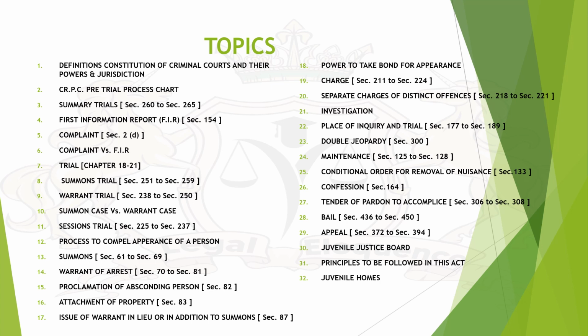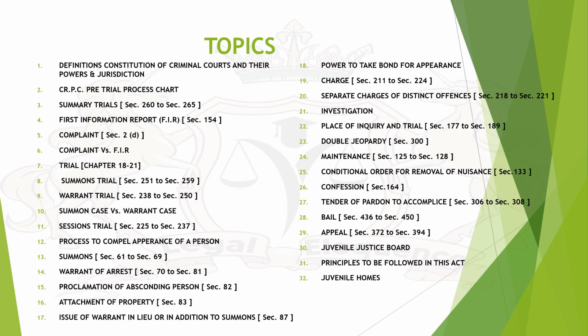Topics are as follows: definitions, constitution of criminal courts and their power and jurisdiction, CrPC pre-trial process chart, in which you will see the diagram for the same, summary trials, Section 260 to Section 265, First Information Report, F.I.R., Section 154, complaint, Section 2(d), complaint versus F.I.R., trial, Chapter 18 to 21, summons trial, Section 251 to Section 259, warrant trial, Section 238 to 250, summons case versus warrant case,